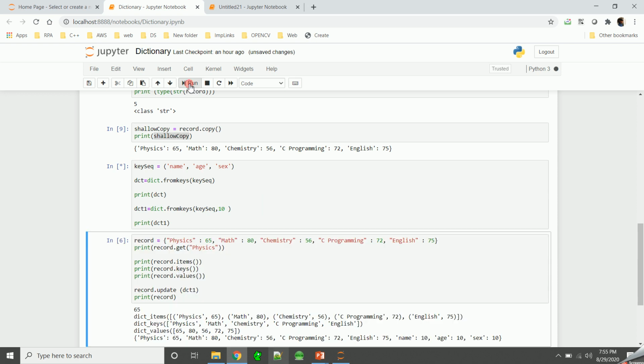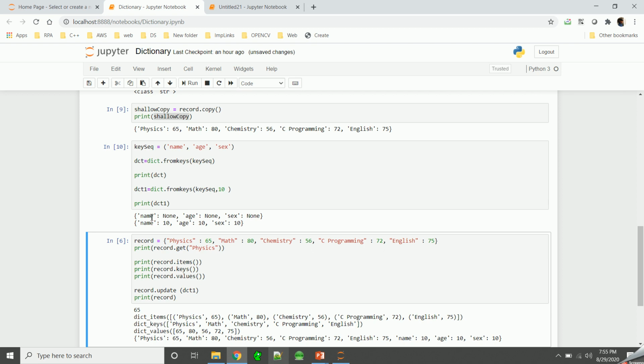So let's run and see what is the output. In this case if you see, first time we have created a dictionary with just keys, but default values will be None. Next time while creating it, we are giving the value as 10 for all the keys. Okay. So this is how you can also create a dictionary.